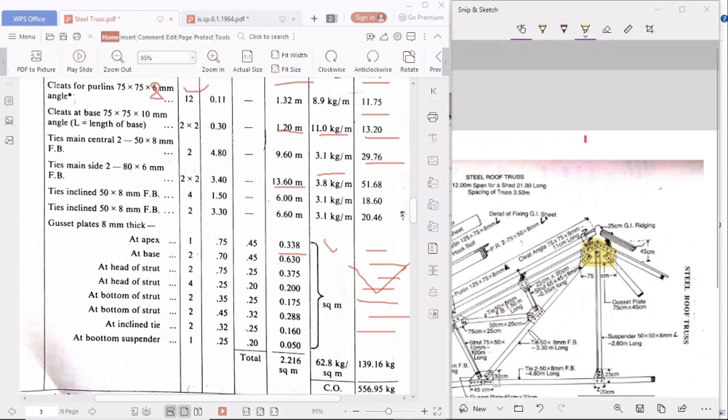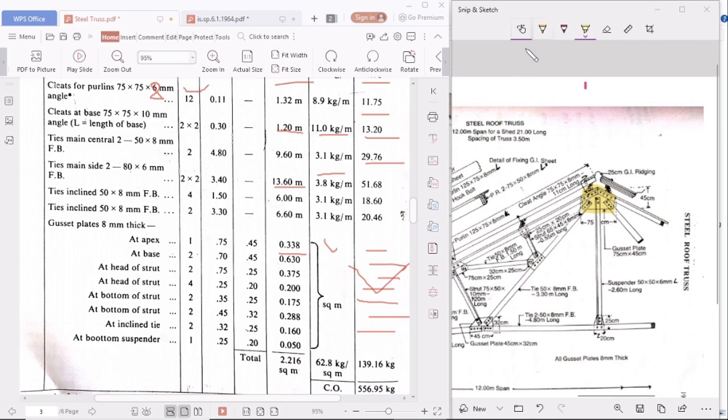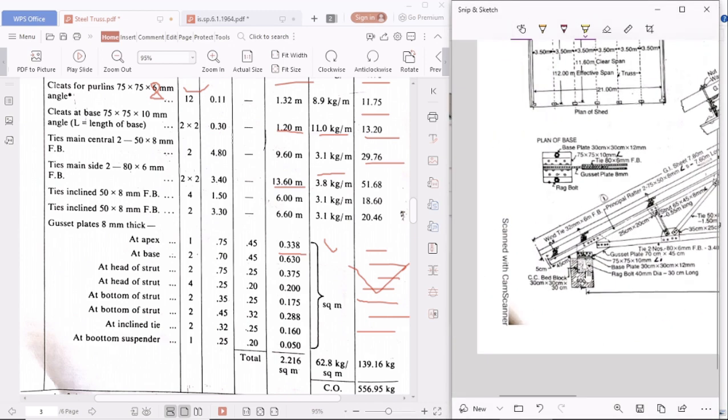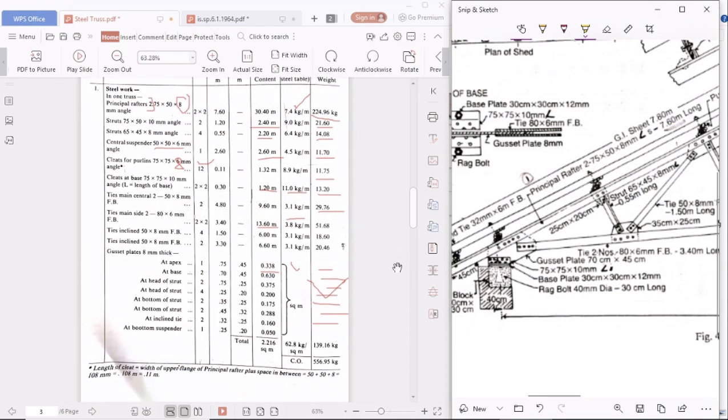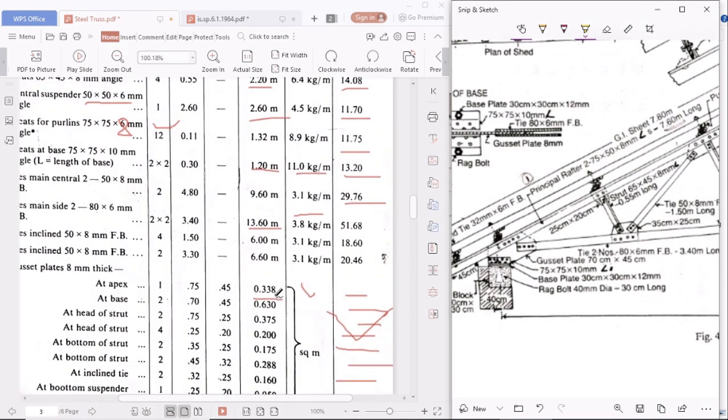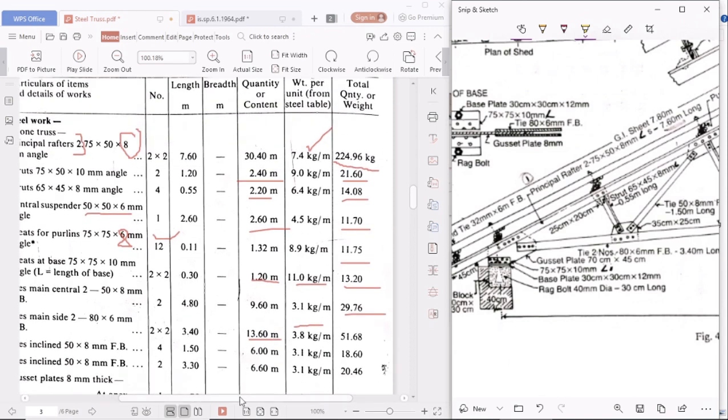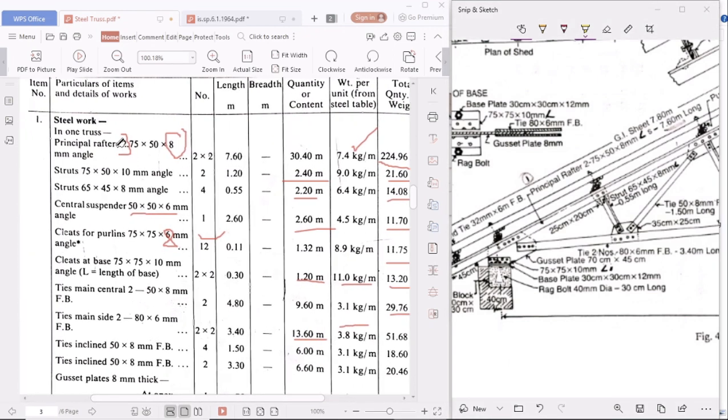Now at the base, all the gusset plates we have to take. So at the base, one gusset plate is there, that is 17 to 45, 6.30. Next, the gusset plate, how they are taking means the calculation as above. So see the calculation above. First we took the principal rafter, so they have taken the gusset plate at the top of the principal rafter, bottom of the principal rafter. Okay, two gusset plates at apex and at the base are over.